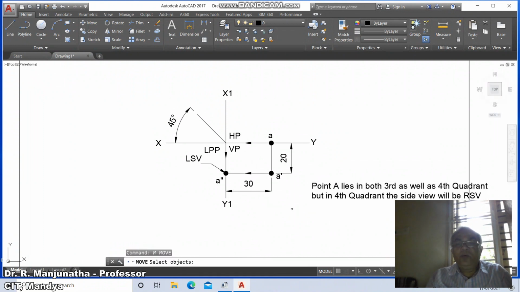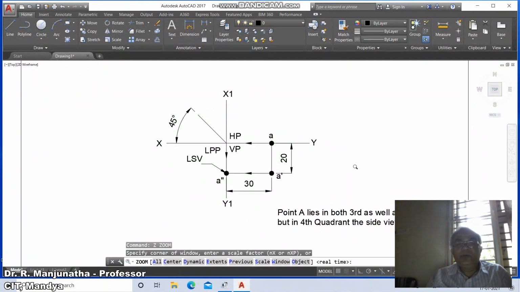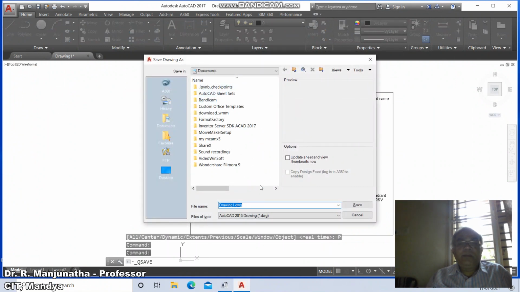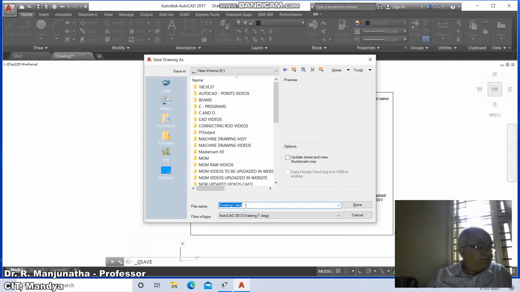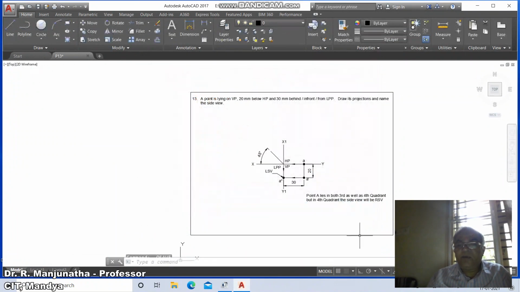Then go to move and move these two texts somewhere here, and then go to zoom previous and just go to save and go to the appropriate directory and drive and type P13 and then click on save. So this is how you will be able to create the AutoCAD drawing.